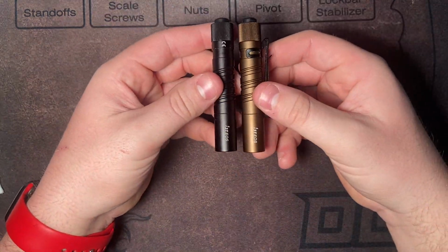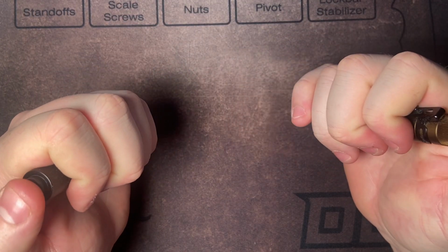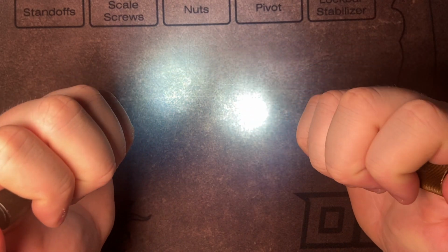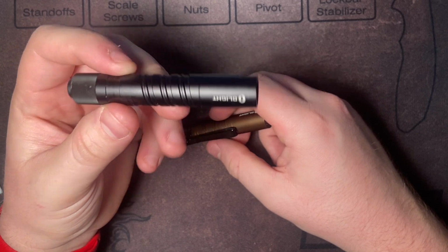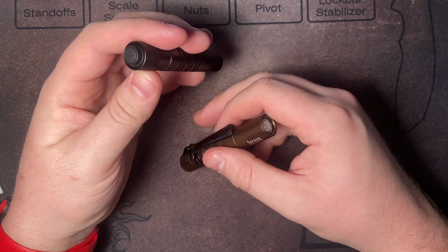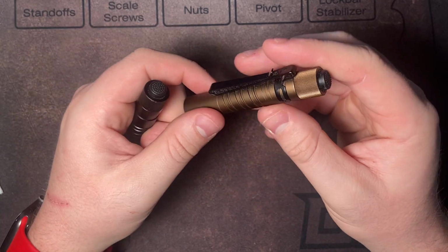These are both the i3t. They're the smaller brother to the i5t. Two modes, as you can see. Love these lights. This one has no clip because I took it off, so I can actually toss it in my pocket completely. I might do the same with this one because, to be honest, I had this in my pocket actually yesterday,